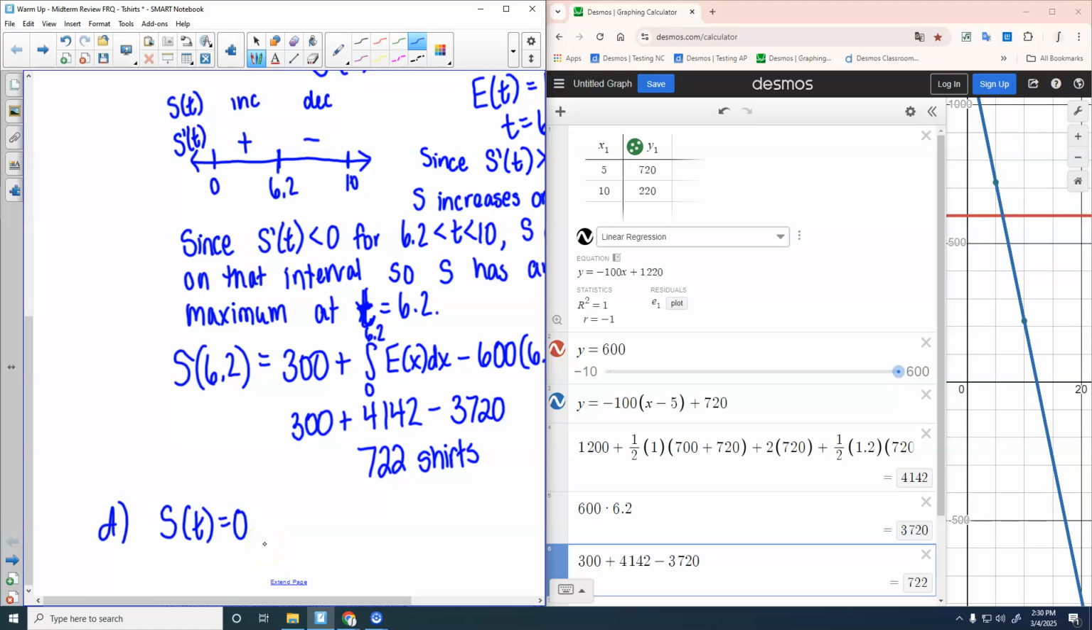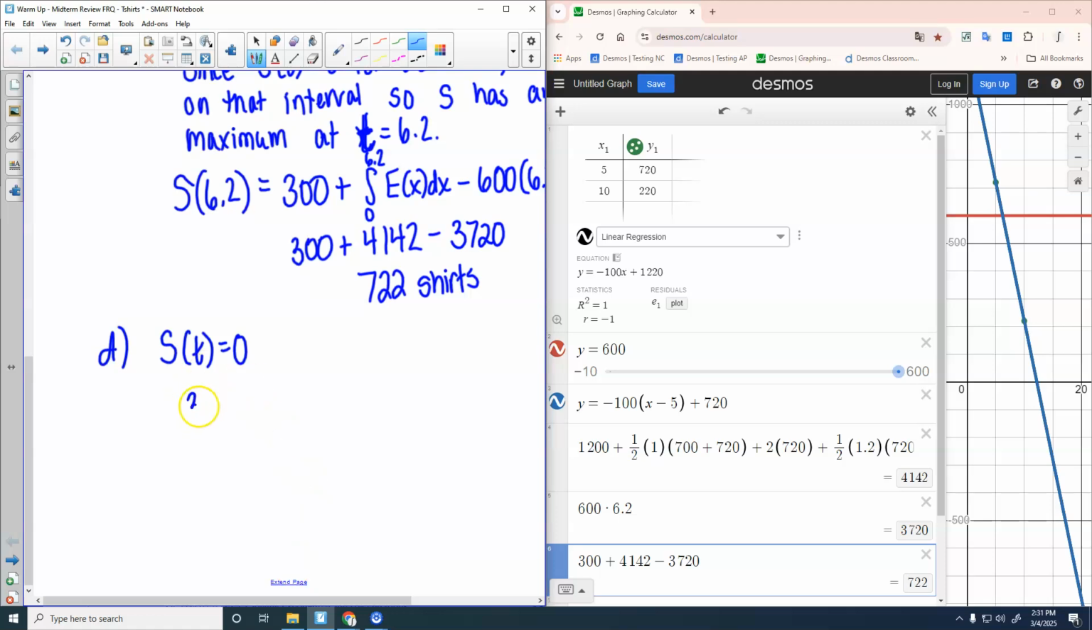Because they specifically say involving an integral function, I would take the equation 300 plus integral from 0 to t of e of x dx minus 600 t equals 0. I would write that. You don't have to solve it. You're just writing it. That's what we already had. You don't necessarily have to write